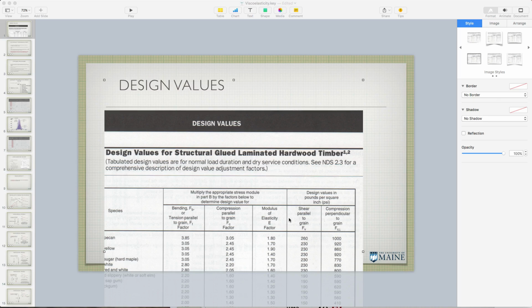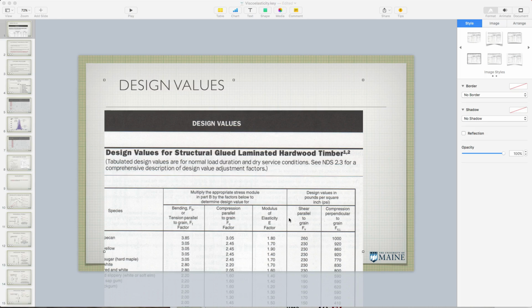We've been talking about properties of small clear materials and adjustment for moisture content, and here's the tables. And we said, well, lumber is different because you've got knots and cross grain, and we've talked about the effect of grain angles and being able to do tensor transformations and Hankinson's formula and all that. When we get into talking about a structure per se, there are